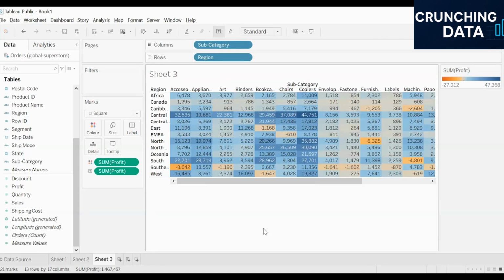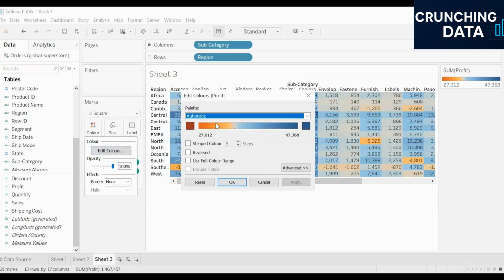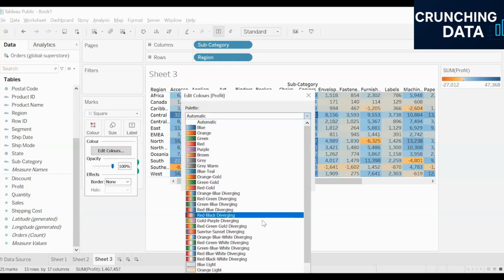So with the help of highlight tables, we understood that we can show the values in different color-coded formats and see the difference in these values with the help of color palettes. If you want to change the color palettes, you can also do it. If you go to the colors option, you can go to the edit colors option, and here you can choose a different value. This time the palette is set as automatic, but what if I want to show it in